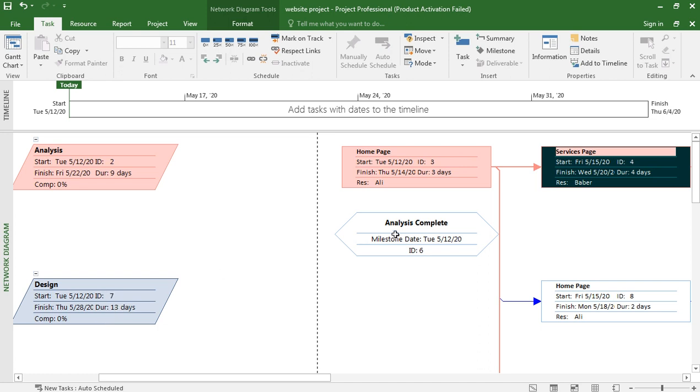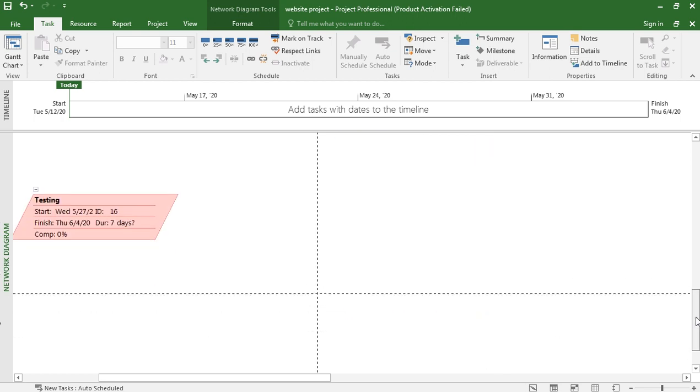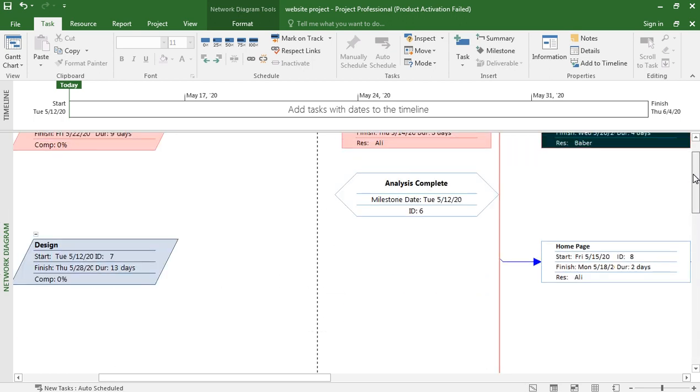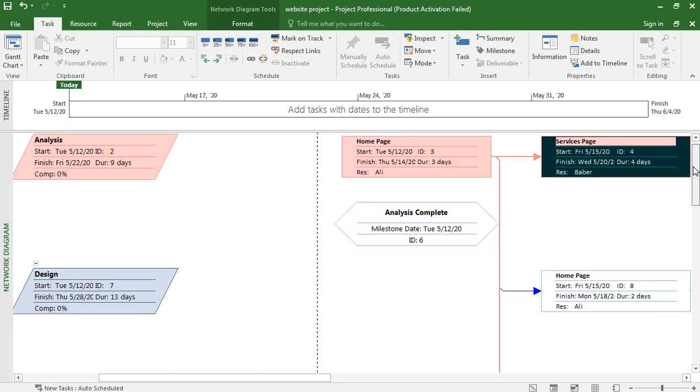If you see, this is the analysis phase, total 9 days, the design phase 7 days, and this is the overall summary. This is the testing phase: analysis, testing, design. Analysis completes on this, ID 6. So this was about the network diagram.